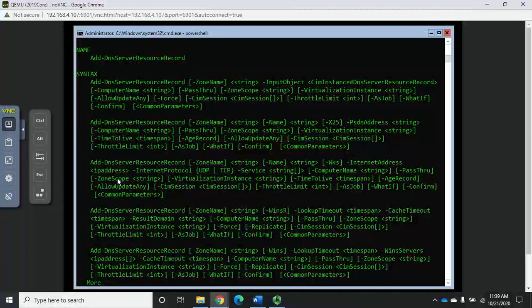So we can add a DNS server resource record. Notice we have to set the zone name because we have to know what to add it to. And then this is done using an input object. This one is done using a name. So I can specify the name, and then that name is going to be a string. Now I have to specify the name, and I have to specify the zone. They're positional parameters, so I don't necessarily have to type -ZoneName or -Name, although in a script it might be kind of helpful. But then here you have -X25,